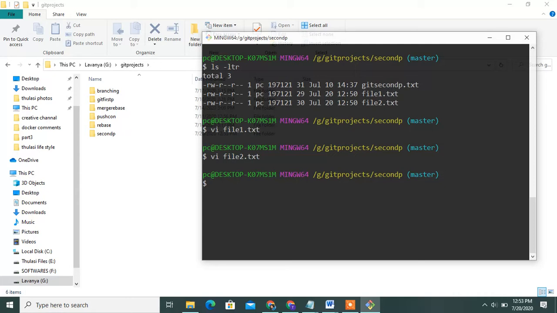In this scenario you can work on a number of files, you can modify them, you can write unwanted content. You don't know which file, and you want to clear that and keep the wanted content. You can undo the changes. Use this command, git checkout, for a single file.